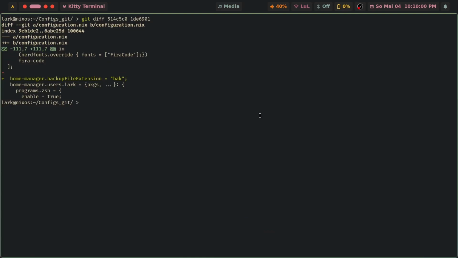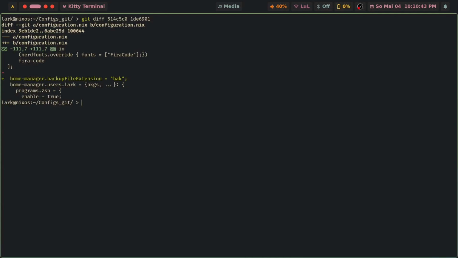One important thing with Home Manager is that you need to enable this backup file extension. Otherwise, Home Manager will complain if there already is a configuration in place. So if you previously managed your programs the normal way with the .config folder, then you would get an error message every time you added a new program to Home Manager. With this, I think it takes a backup of the current configuration and replaces it with the auto-generated configuration from